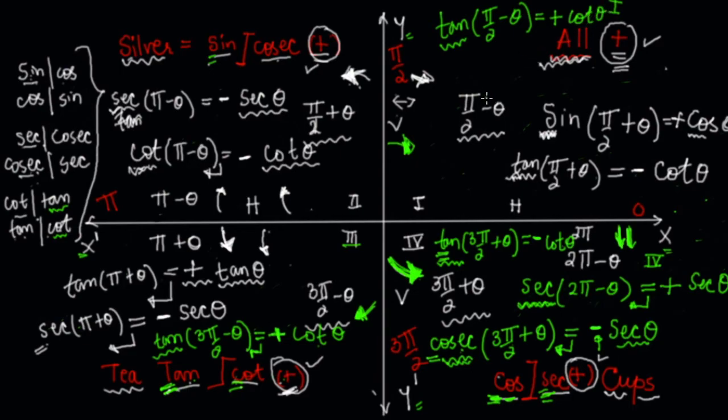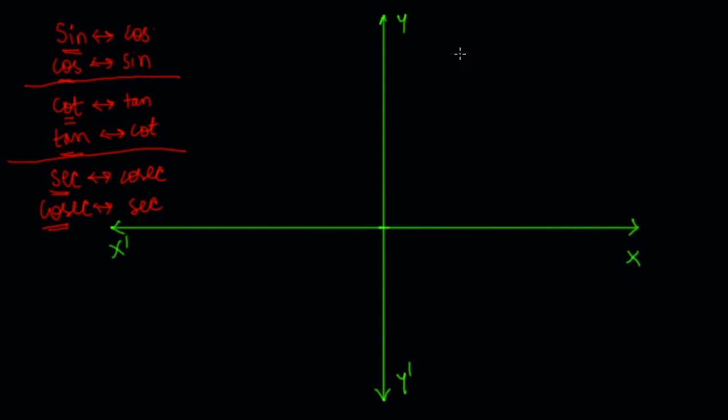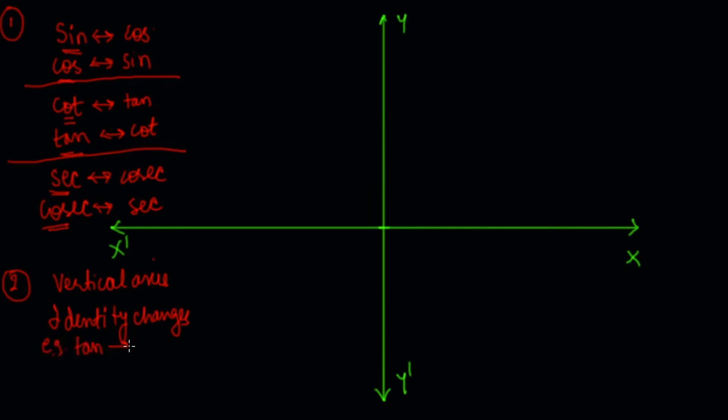Let me take another example, right? Okay, let's look at a few examples. This is rule number 1 that we talked about. Let me not confuse you by writing 2 there. The rule number 2 we said: vertical axis, the identity changes. So when I say identity changes, for example, tan would become cot, has to become cot, right? Identity changes on the vertical axis. But on the horizontal axis,